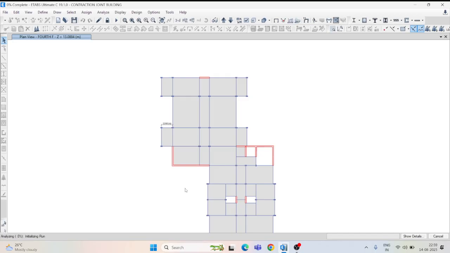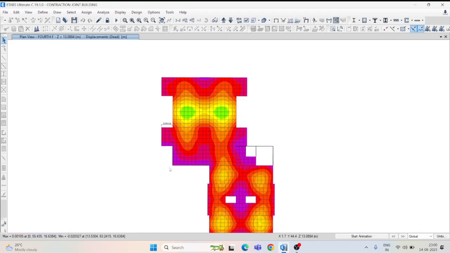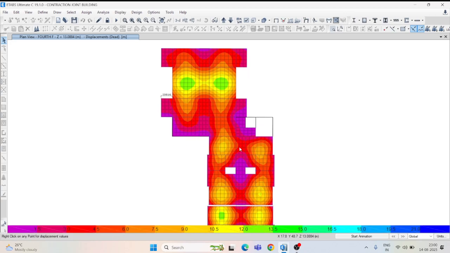Let us see. It generally takes time. Don't worry, because it is the process for the deflections and all, for the analysis process, it generally takes time. So you have to keep patience for that. Then after you will get the result. See, it's completed. Okay, so this is the control line. Here we generally see the deflections.